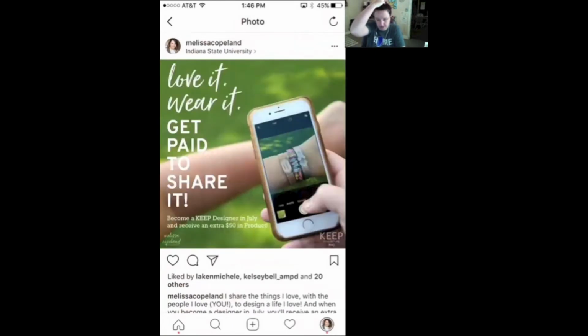If your Instagram is private, no one is going to be able to see these posts other than the people who follow you and you follow back. So if you're wanting to try to attract new customers, new hostesses, new designers, you need to have a public Instagram. If you don't feel comfortable having a public Instagram, like if you have kids or whatever, you can create